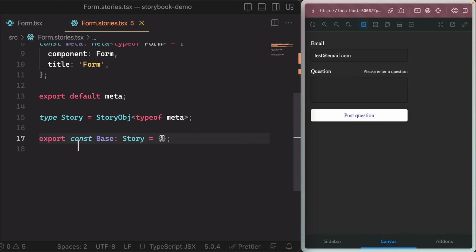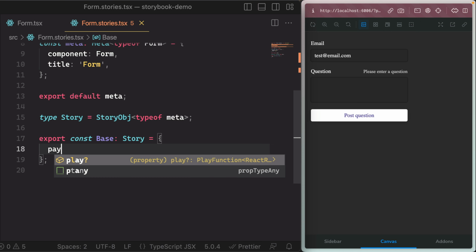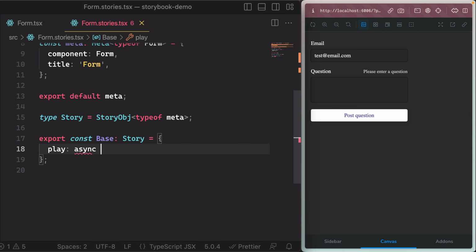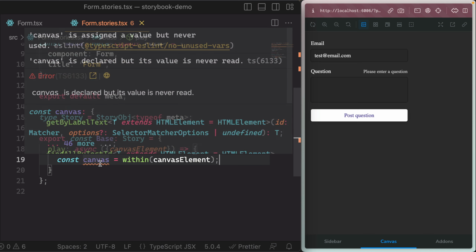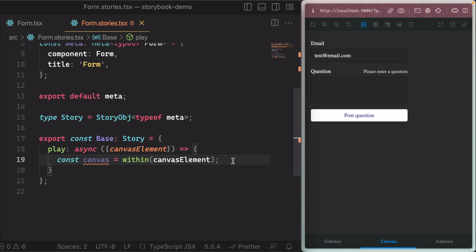Alright, so here's how we set up our interaction tests. Within a story, you can add a play function, which is an async function that takes in a canvas element. We then will take our canvas element and pass it to our within function. This will give us a reference to our canvas, which we can then use to query things on our rendered component. So perhaps, for example, we want to query our submit button. We can do something like